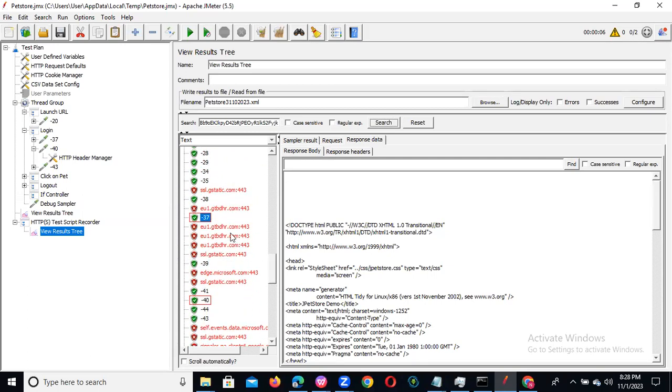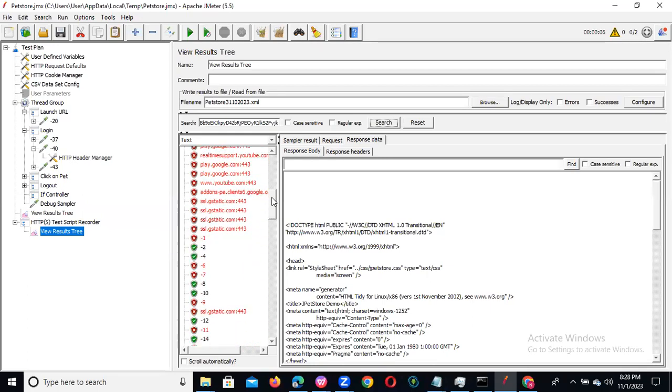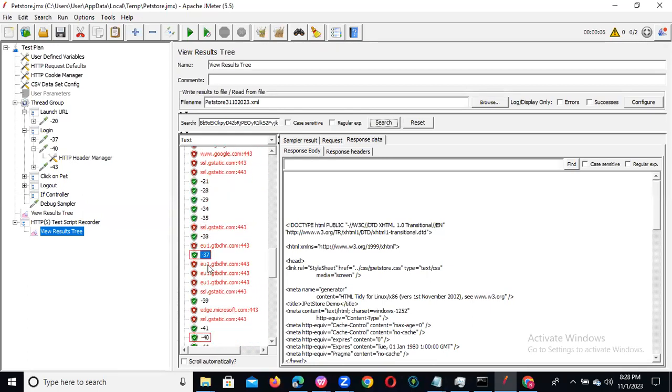Yeah, now you can see. So 37 is highlighted, but 40 will also be there. Already we know, right? In LoadRunner also we take from the first occurrence. Same way we need to take from the first occurrence. You can observe where it is highlighted. Here it is highlighted. So you are able to see the boundaries here, and you need to write the correlation in the 37 request,